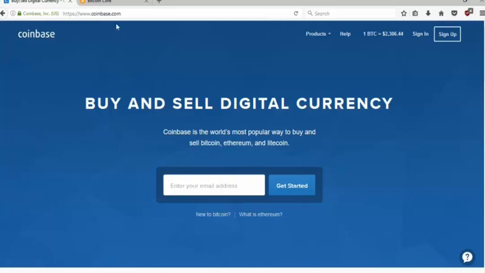So the first option I'm going to show you is Coinbase. The reason I say Coinbase is because, firstly, it's the leading Bitcoin service in terms of exchanges done. That means it has a very high user base, and from that it means that it's very trusted. Now, it's not completely trusted because of the following reasons.